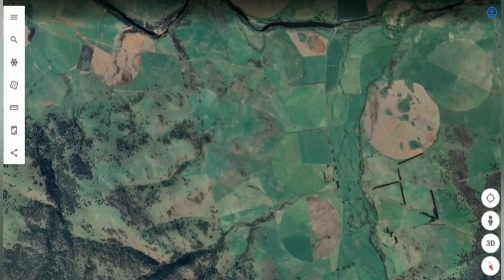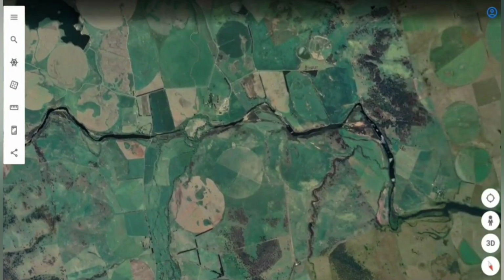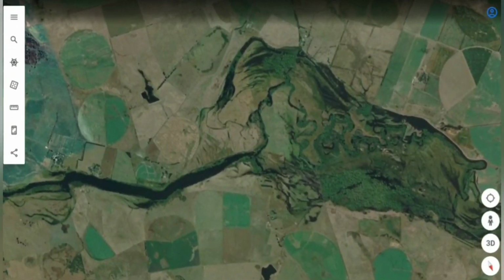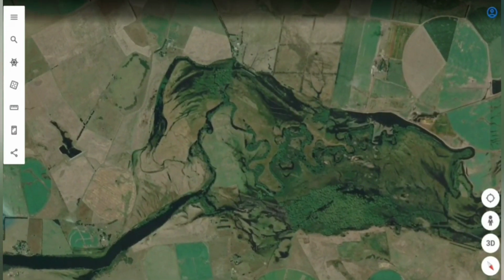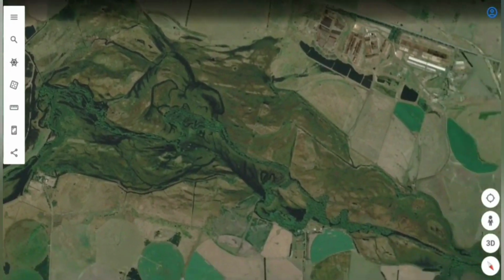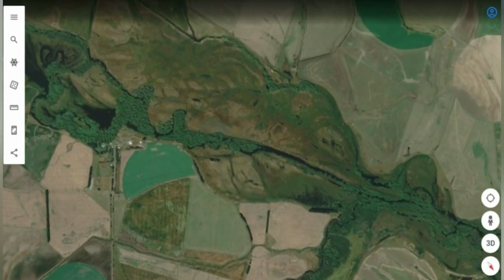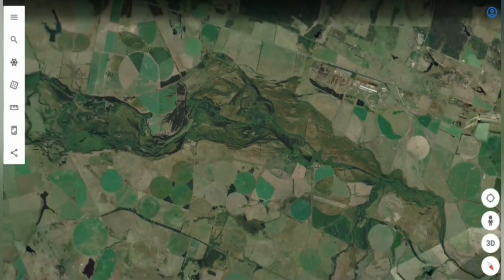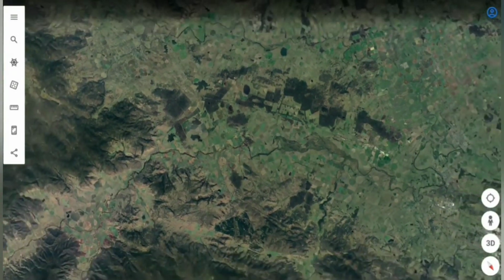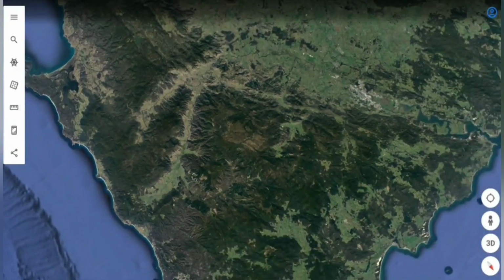Just doesn't look natural. That river, that doesn't look natural. Unnatural. So we'll leave the Southhurst River and head towards the northwestern corner again on the top, and we'll come across